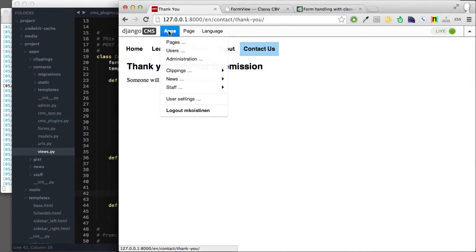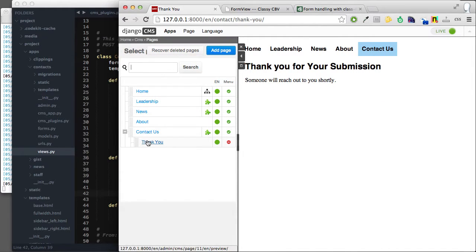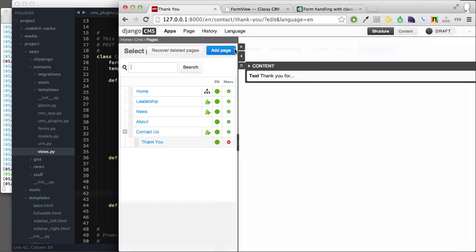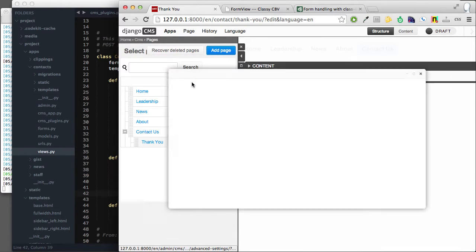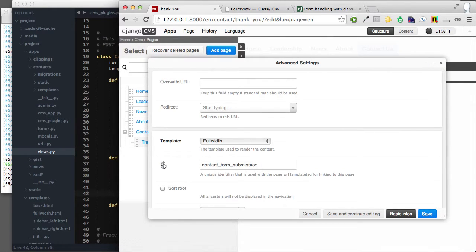So how did I set this up? Well, I'll show you. So I'm going to go to the pages, the page tree, and I'm going to go to the thank you page, which we're already on actually. I'm going to go to advanced settings. So in advanced settings, you'll see that there is a field called ID, and this actually comes out to reverse ID in Python or in the ORM. So I just call it contact form submission, and basically I could put that on any page I want, and